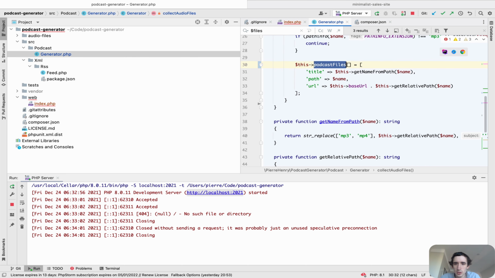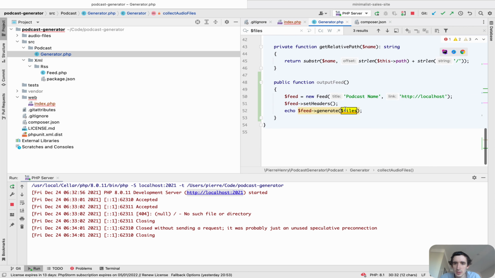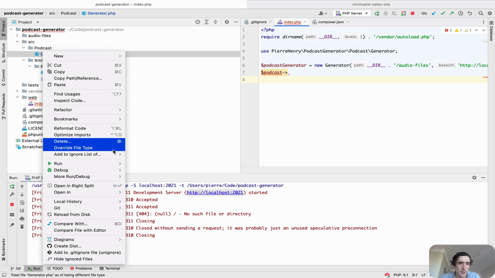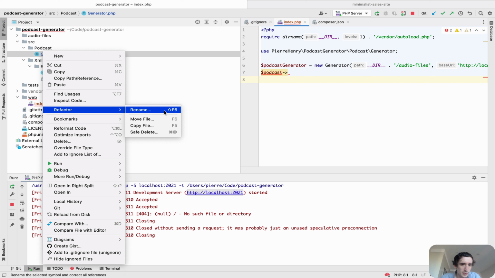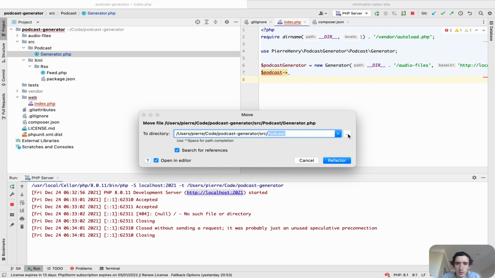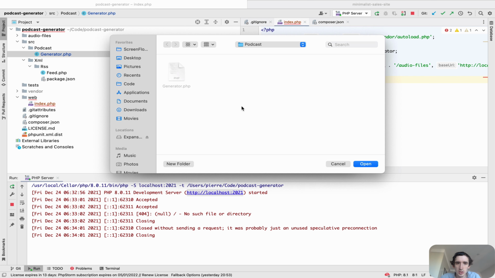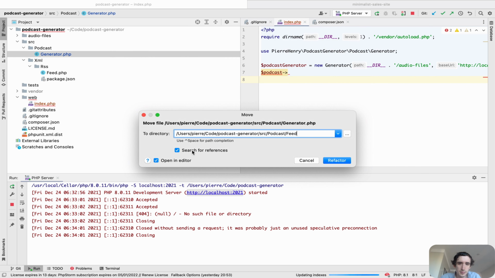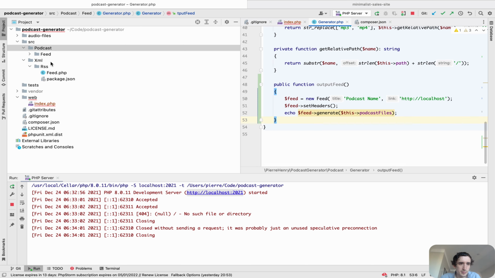Okay, beautiful. And below I will also do this, podcast files, beautiful, and after that I will probably create something else. I will move that one actually to a different folder. So let's create a new folder, and let's create feed, and then let's move it into feed folder,